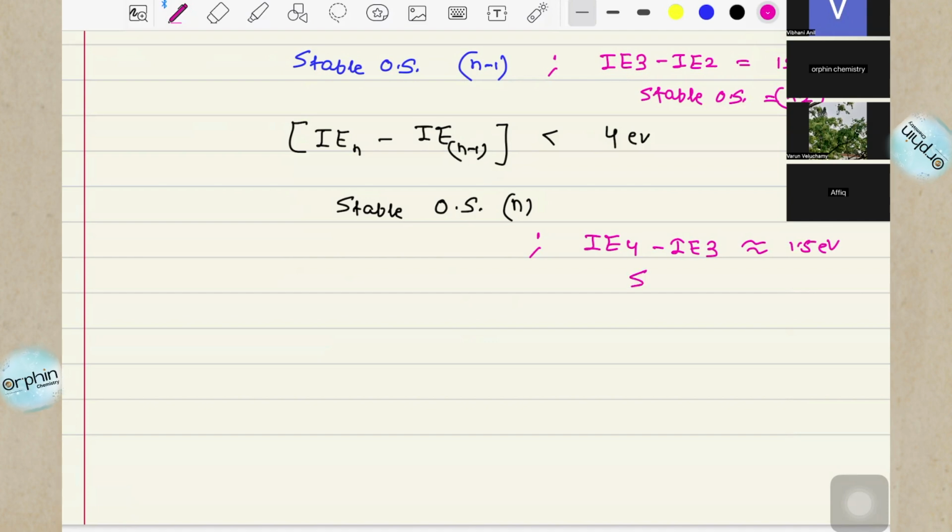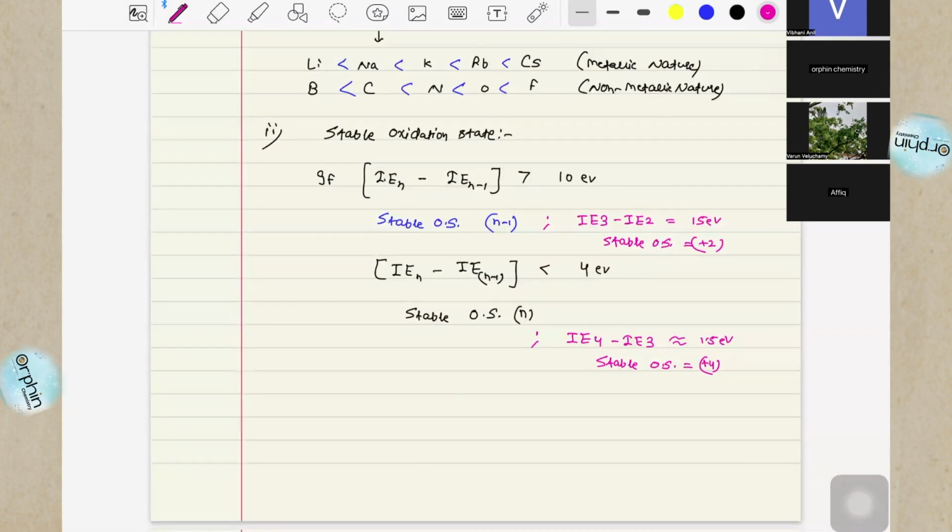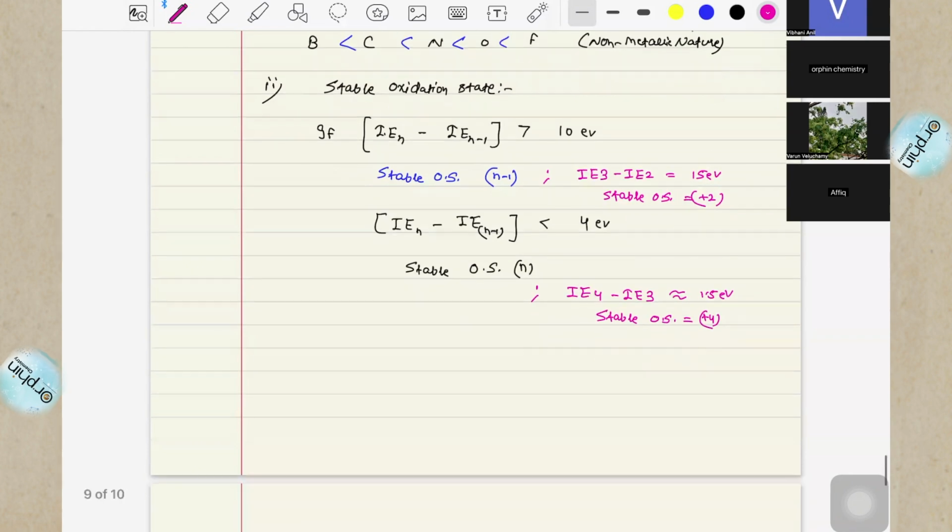So then the stable oxidation state is +4. Have you understood this thing here? Everyone? Have you understood this application? We can comment about the stable oxidation state of any atom. Yes, sir. Okay, so third application is